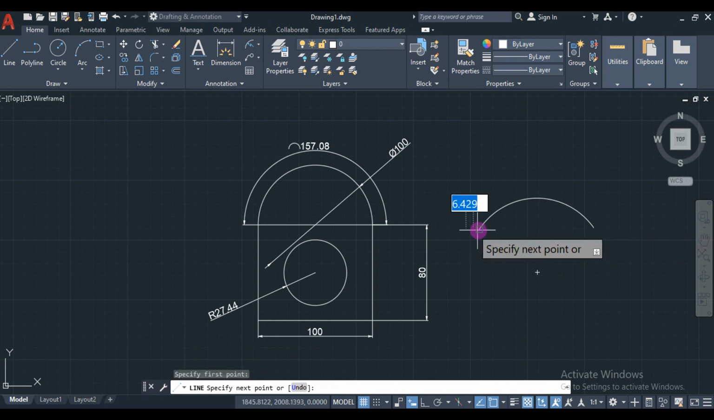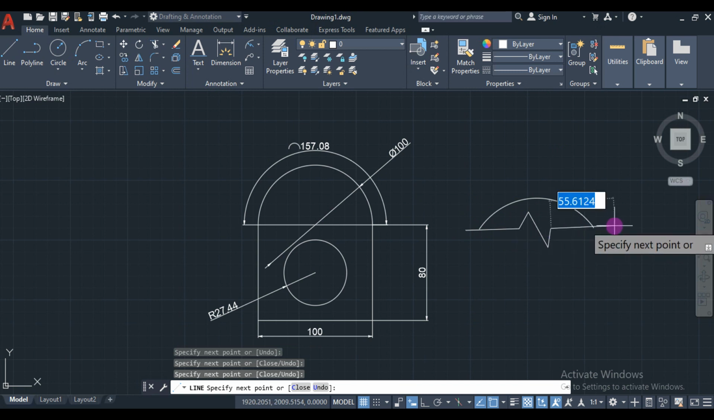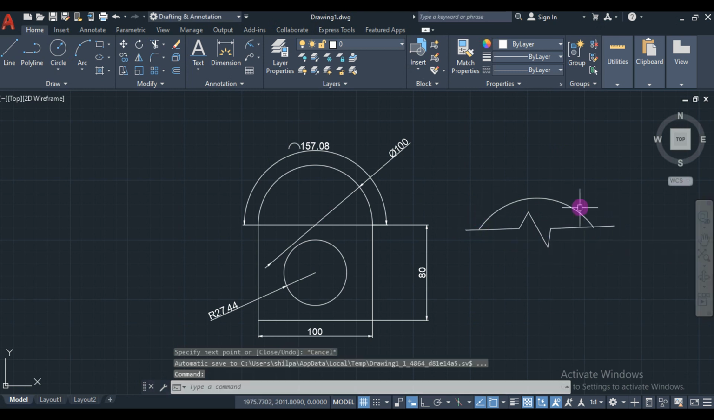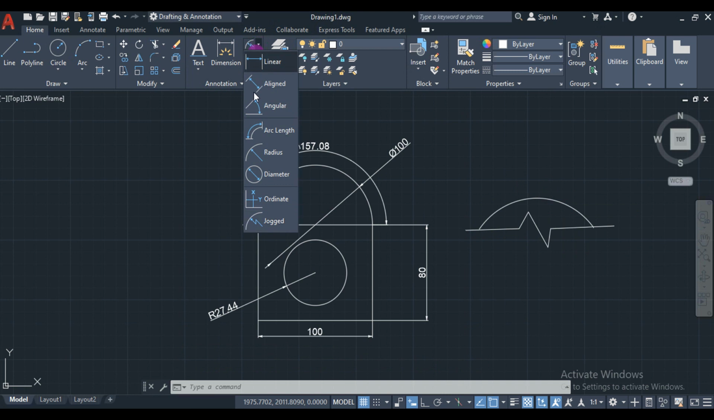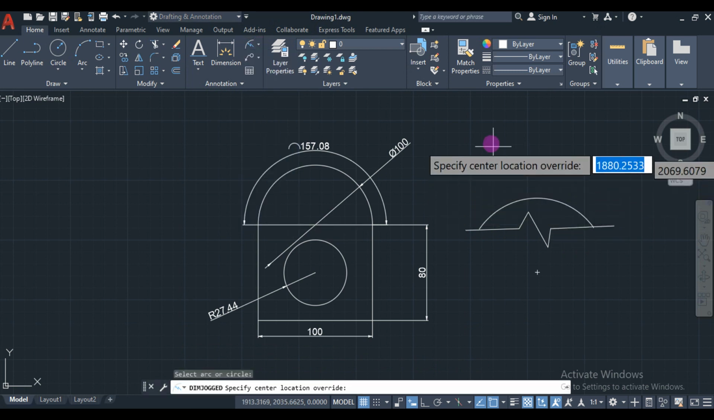Let us show that this is a section drawing like this. I'm going to give a continuation symbol for this figure like this, and I want to show the radius indicating that this is a section or part of the drawing. Then you can go for radius jog and simply select the arc, and you will be getting an